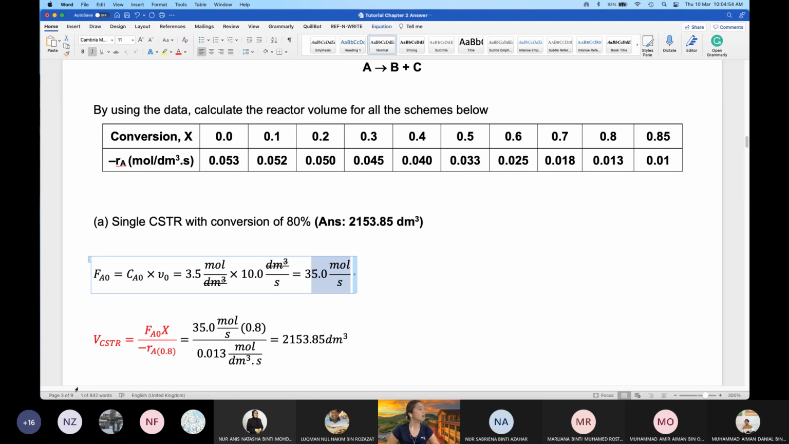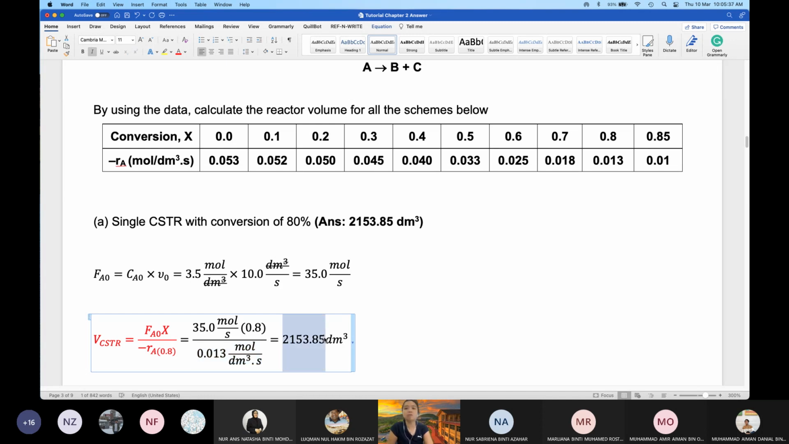So done on the FA0, the X is 0.8, because the question say conversion 80%. So X is 0.8. So down minus RA. So minus RA is at my X that I want. So my X is 0.8. So dia adalah minus RA when my X is 0.8, which is 0.013. So kamu replace saja minus RA dengan 0.013. So tengok part ni kita bahagikan. Why we divide? Sebab table punya nilai adalah minus RA. So kamu kena bahagi dengan nilai minus RA itu. You will get the volume as